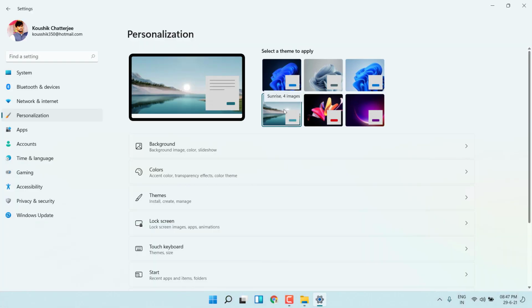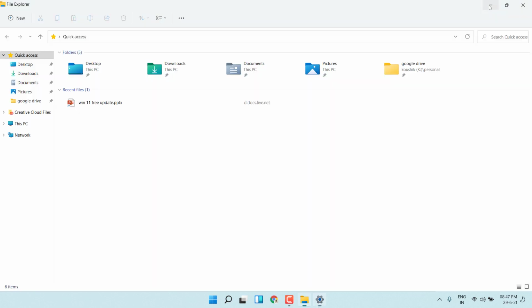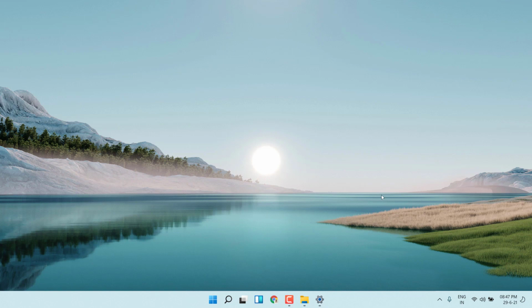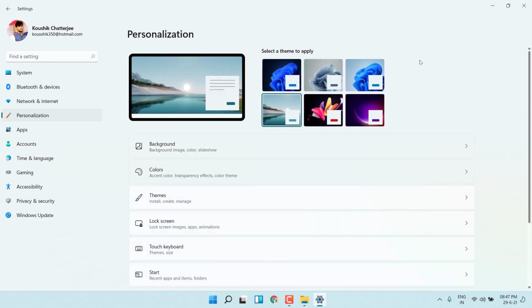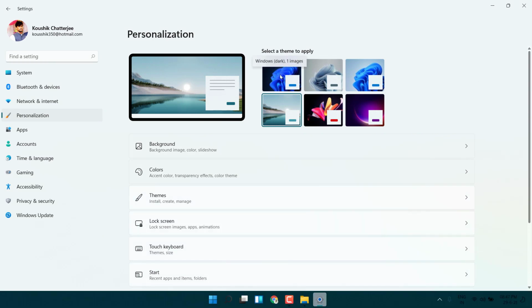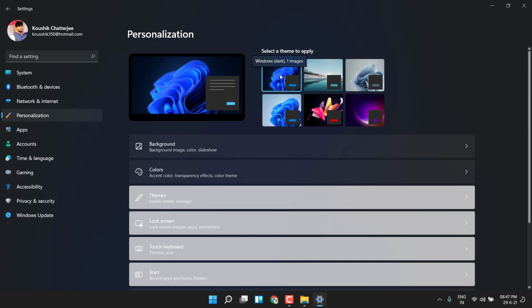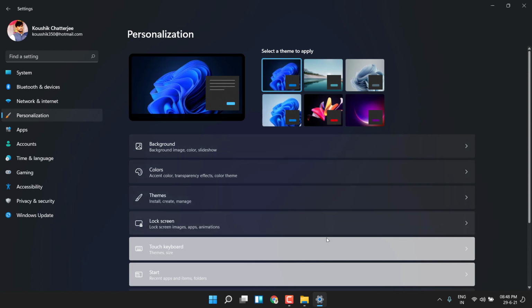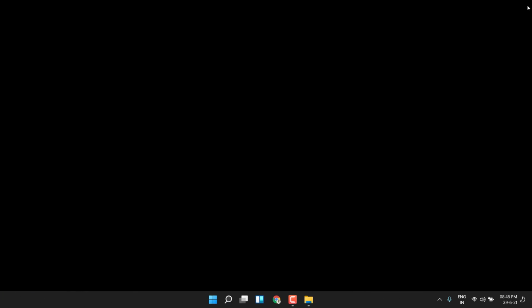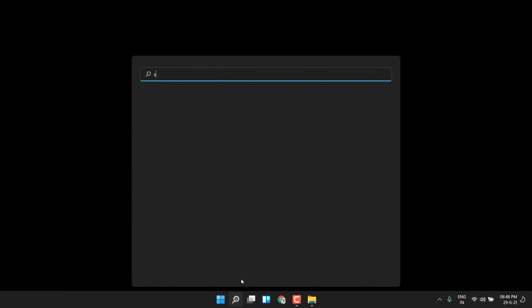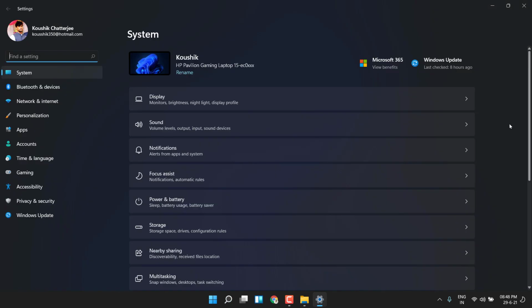But here and there few minor issues are there, but of course it's a preview build, so we cannot expect much. Okay. So here you can see the whole new way looks entirely different from the light theme, but still I will go with the dark theme because yeah, that looks really cool. But switching from the light to the dark theme, of course we can see few of the problems like this. So the menu is not entirely changed, but of course when you do the mouse over, it's going to change, or you can just close it and reopen the settings. That's going to be clear. As I said earlier, it's a preview version, so nothing to complain here.